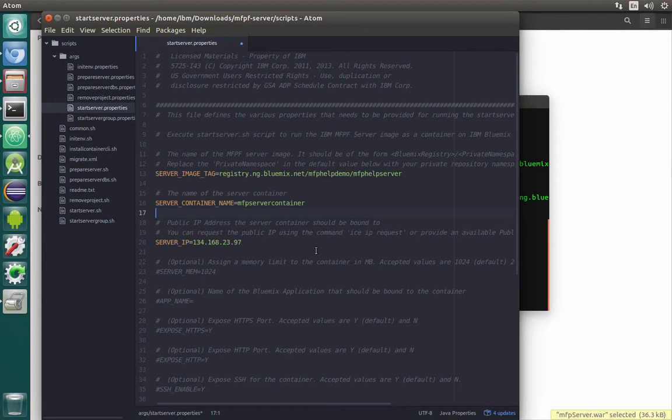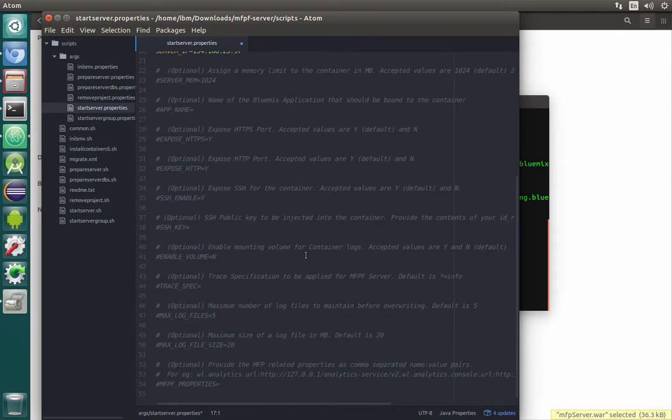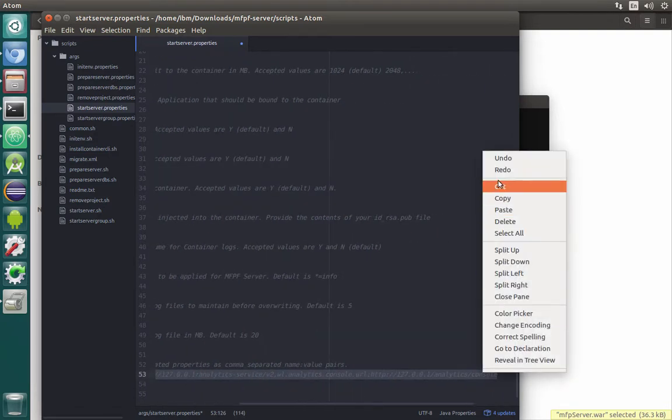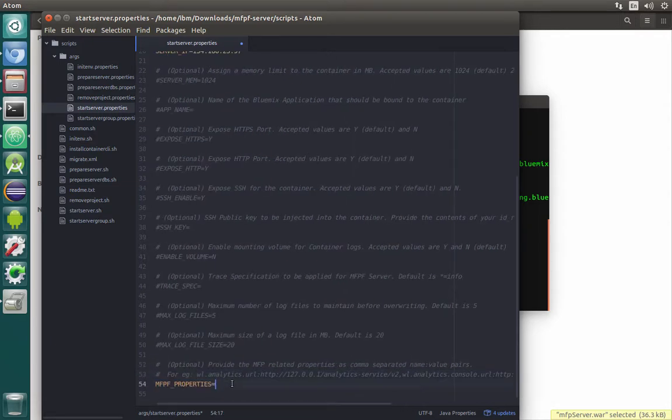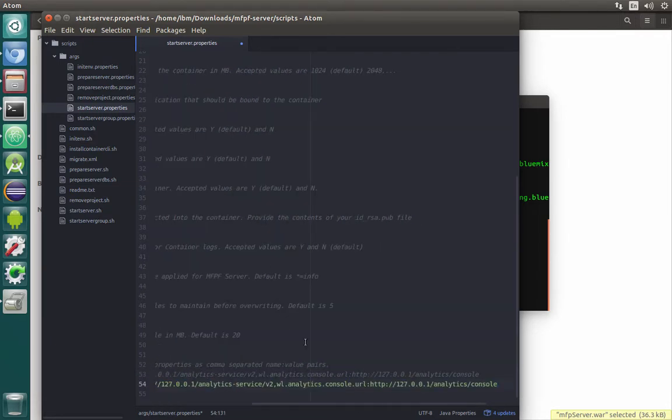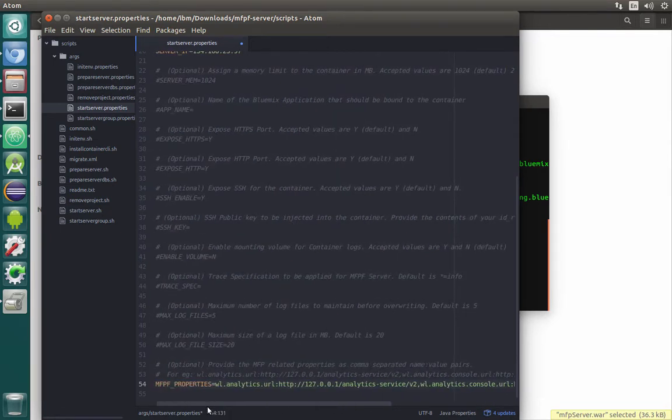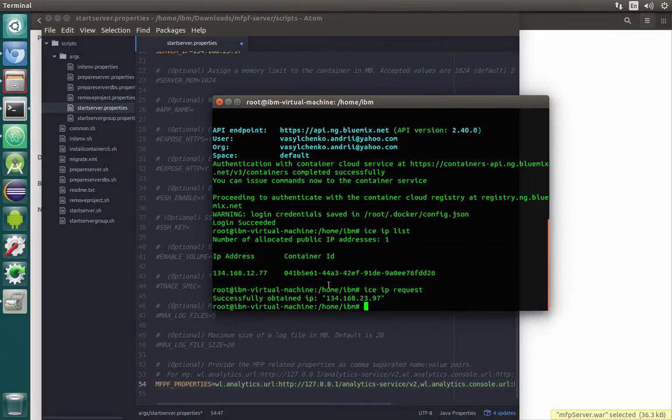And in order to do that, we will just need to scroll down to the last thing called MFPF properties. So this is the additional properties. The parameter is optional, as you can see. And here, basically, we can provide the URL for analytics. So what we will do, we will copy the line that is there as an example, paste it there, and then just change the properties of the URL. So the only main thing that we need to change is basically the IP address,